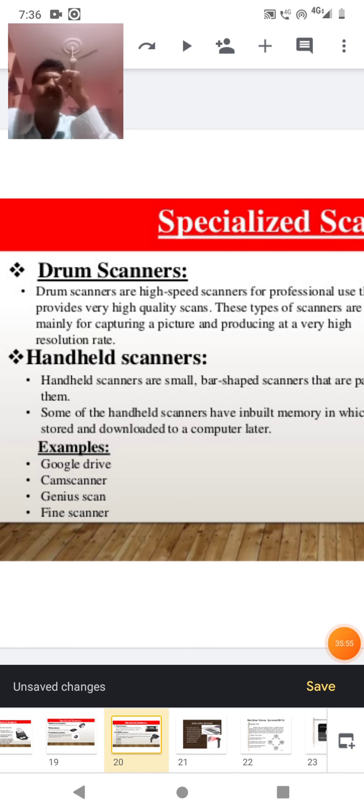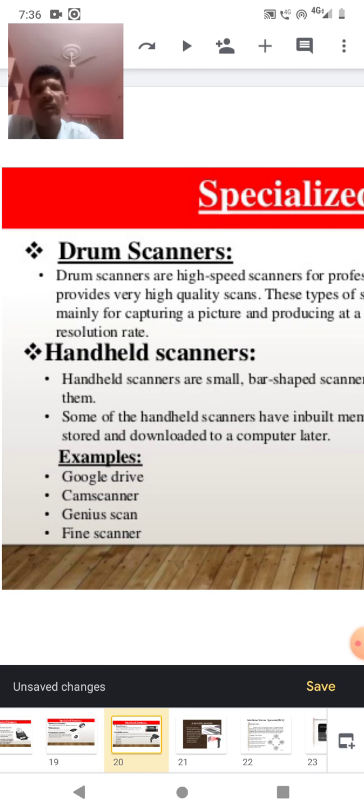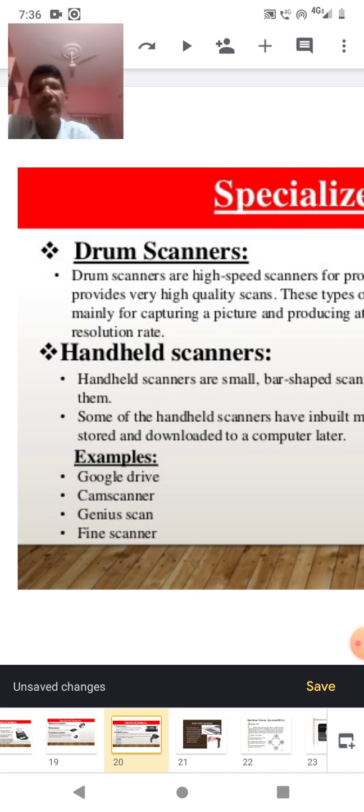It can be downloaded, stored, or printed whenever required. Google Drive is also treated as a handheld scanner mechanism. CamScanner, Genius Scan, and Fine Scanner are examples of handheld scanners.